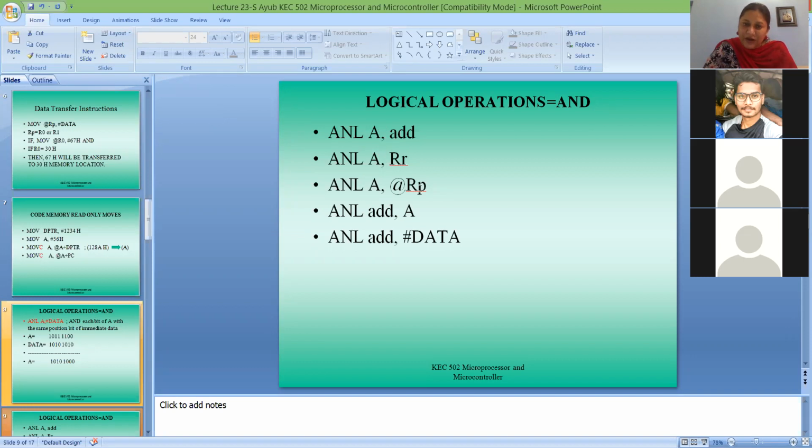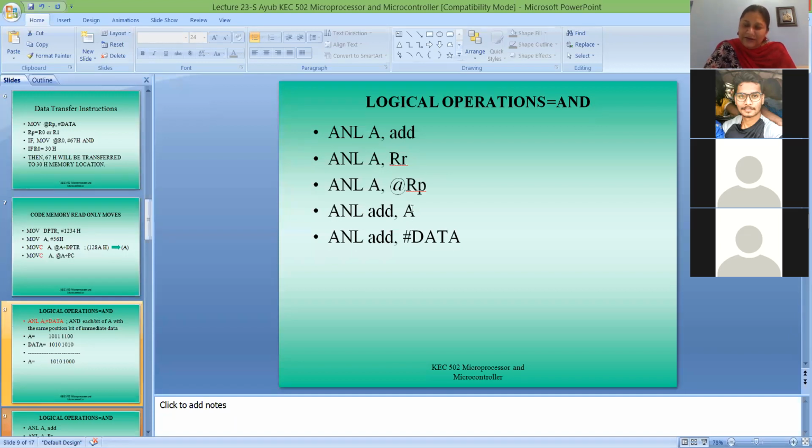Similarly, Ri can be R0 or R1. Suppose R0 contains 30 hex; then whatever data is at memory location 30 hex will be ANDed with the accumulator and the result stored into the accumulator.